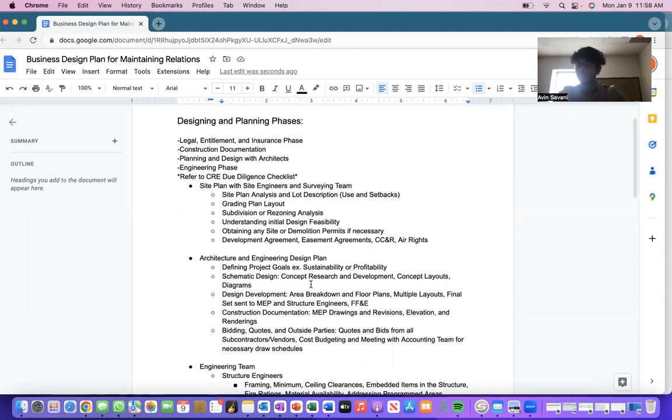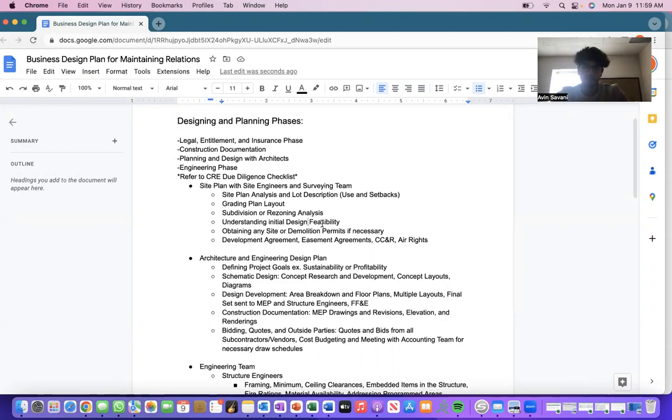Typology is really important. And then also giving a quick survey of neighboring buildings, within a half-mile radius: what are the different buildings there, and what style or architecture mood do I want to present to the neighboring community? That design feasibility should be considered right off the bat.